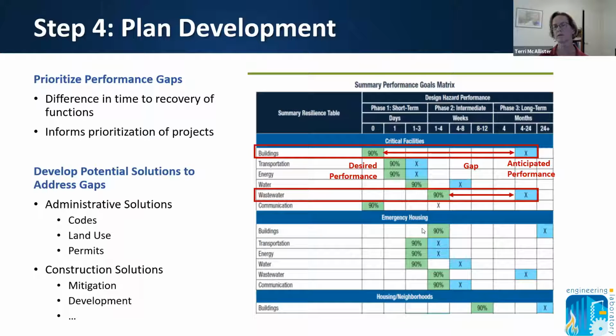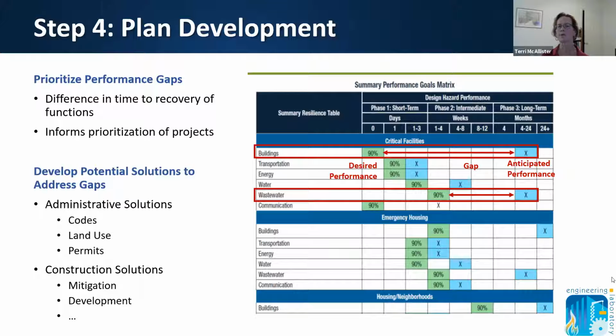So this little chart on the right is just giving two examples highlighted here, all buildings at the community scale and the wastewater system at the community scale, because they have the largest gap. The green box here is what the community would like for the performance to be, recovery within 0 days, basically no loss of function, to 1 to 4 weeks, versus the expected performance of 4 to 24 months for the full recovery of those systems.